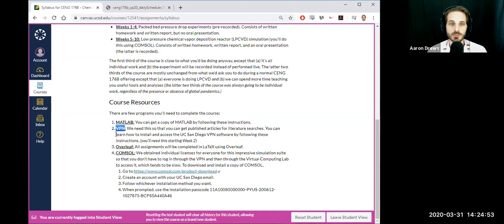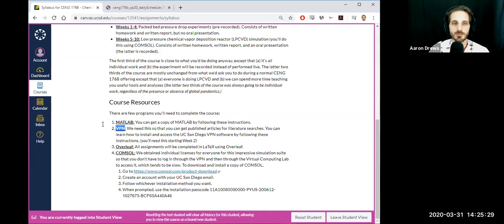Your literature searches that you're going to do for various reports, as well as some of the searches you're going to have to do on the homework, will require you to access and then read published journal articles. In order to get access to those, you're going to need the VPN. You don't need anything special. Once you're logged into the VPN, you can usually just go to those, like the ISI Web of Knowledge that I went over in the winter quarter. It knows according to your IP address that you've got access, and you don't have to enter any more passwords or anything like that.